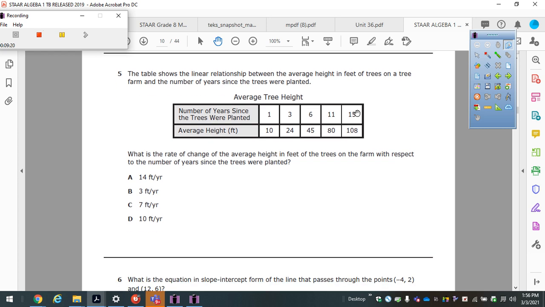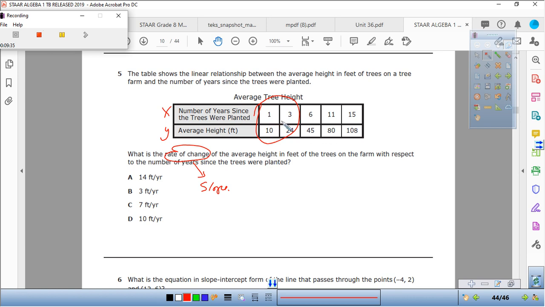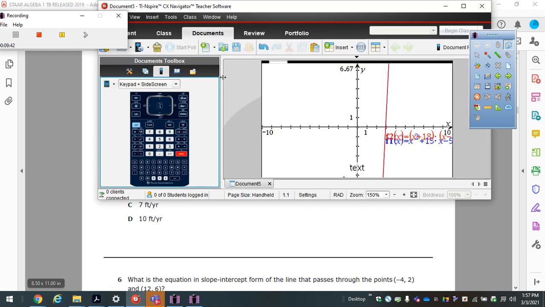Oh, this one's a joke. Once you see a table like this, look for the keyword rate of change. Rate of change, y'all should know it as your slope. Okay? So I'm going to go with these two right there. This is your x, the first thing you see. Second thing you see is your y. So 110, 324. So I would come to the calculator,